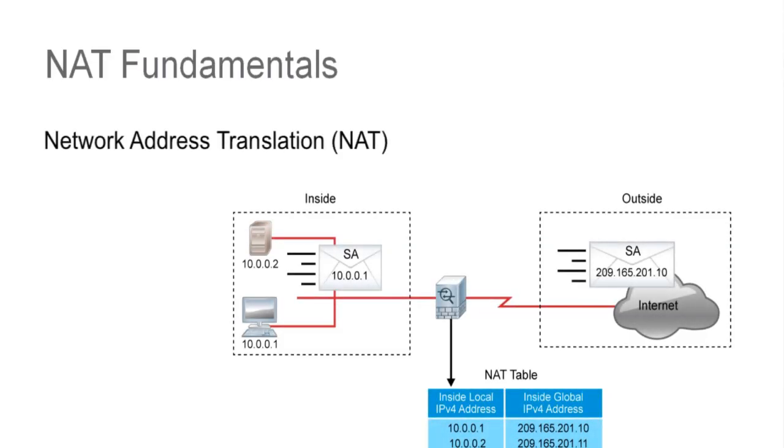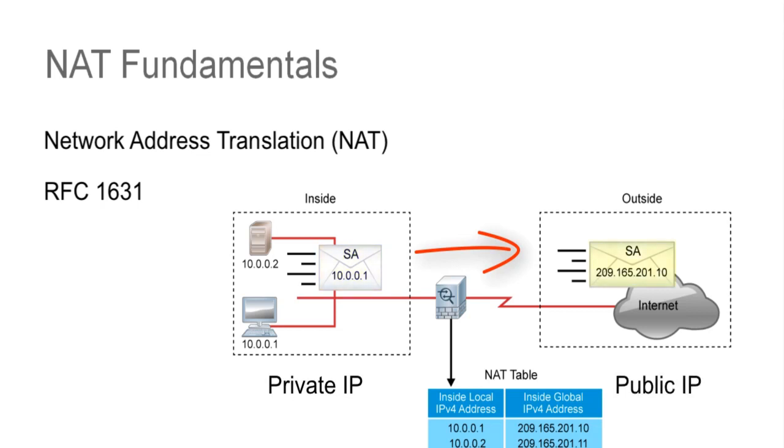In this section, we'll cover the fundamentals of network address translation, also known as NAT. NAT, defined in RFC 1631, operates in Layer 3 forwarding devices to provide address simplification and conservation. The most common use of NAT is to connect networks using private RFC 1918 network addresses to the public Internet. NAT translates the private addresses that are used in the internal network into public addresses that can be routed across